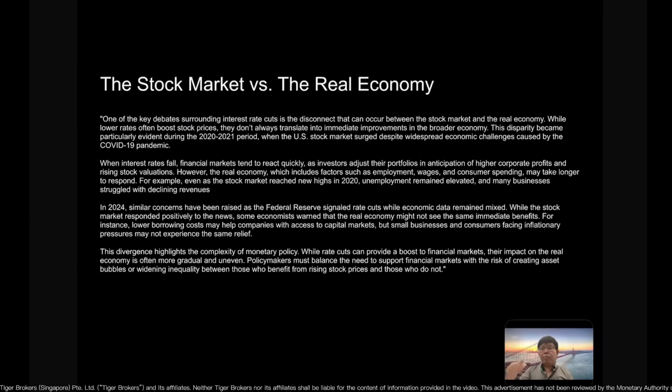So, stock market versus real economy, right? Sometimes we say the stock market is ahead of the economy, like 8 or 9 months ahead. So they do not move at the same time. During the pandemic, the stock market actually had a shock. Every time there's a shock, people think bad things, say bad things, then the news articles write worse things, then the stock market will go boom, boom, boom, very down.